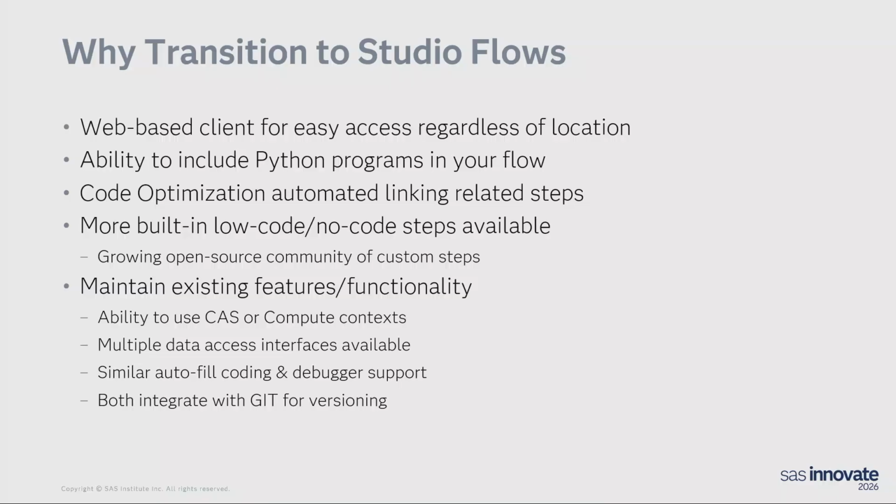We also have the ability to bring Python in. We know that more and more teams are using multiple languages, whether it be different programmers or one programmer taking advantage of the unique features of Python or R or SAS. And by going into Studio Flows, you're able to bring in that open source integration, more of the API calls right there in your flows. When you are running flows in Enterprise Guide, you can link things and you can set an order, but typically Enterprise Guide is going to run up to down, left to right. And if things are separate tasks, they're separate tasks.